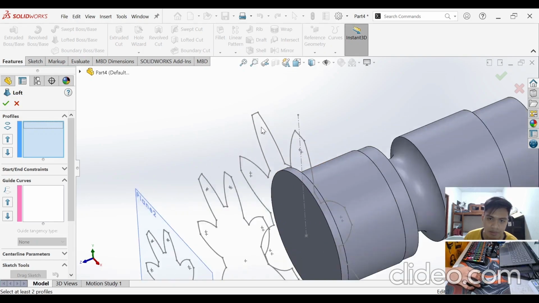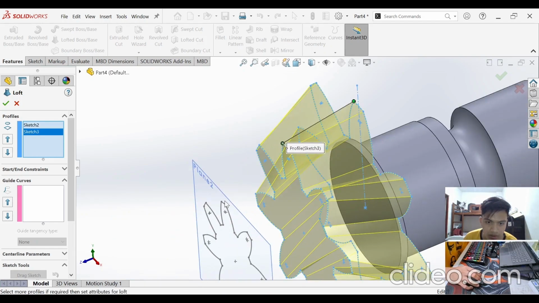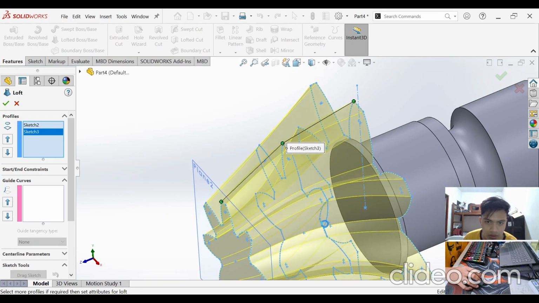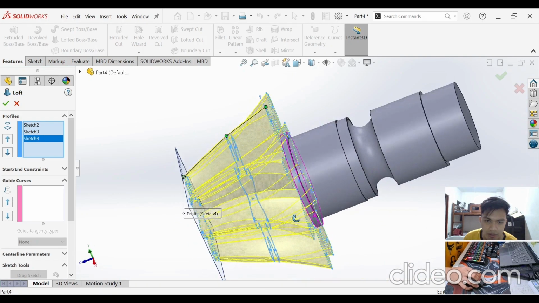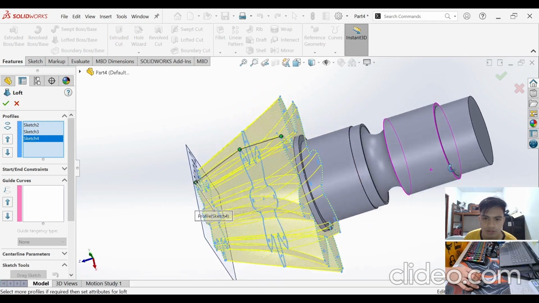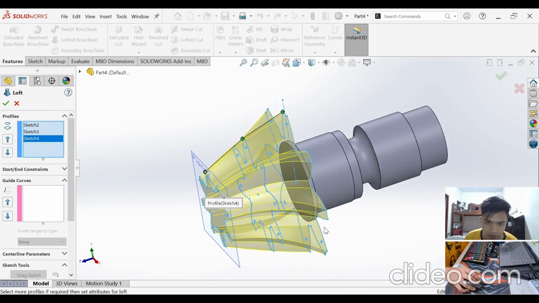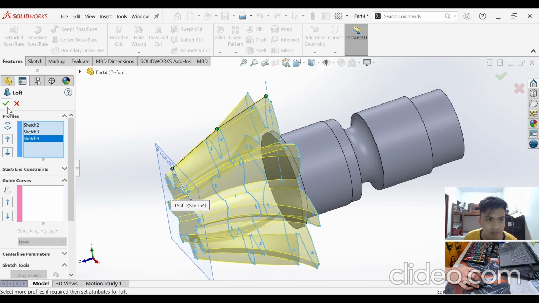So by selecting this point here, followed by the next point here, and the next point as well, we can make a specific extrusion with the use of our sketches. And this feature is the lofted boss base. And if your sketch looks like this, we can now select OK.